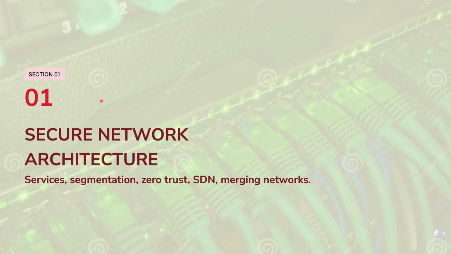So, in section 1 here, we're going to talk about secure network architecture. Now, this section requires analyzing security requirements and integrating them into an appropriate network design. Specifically, it encompasses services like IDS, IPS, WAF, segmentation strategy from VLANs to microsegmentation, zero trust principles, network merging